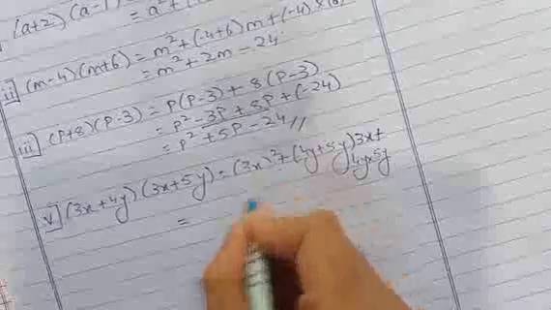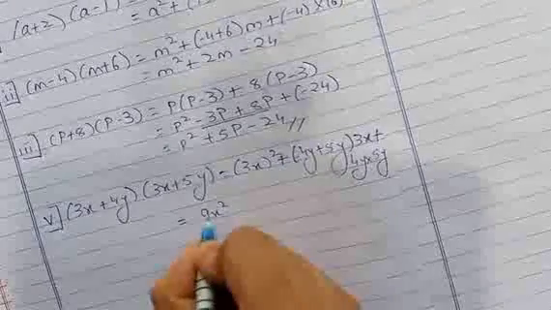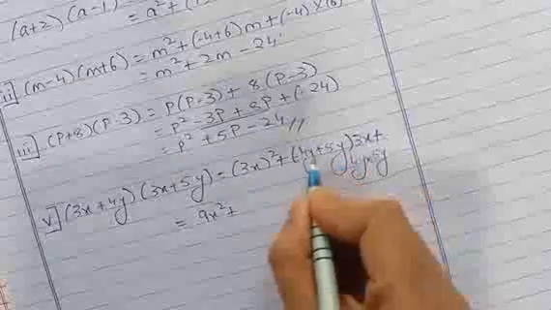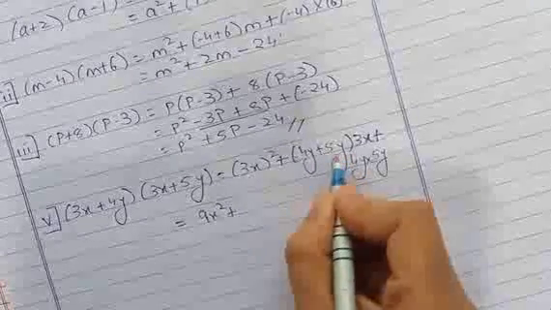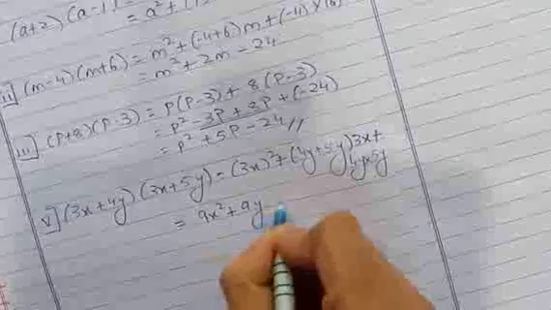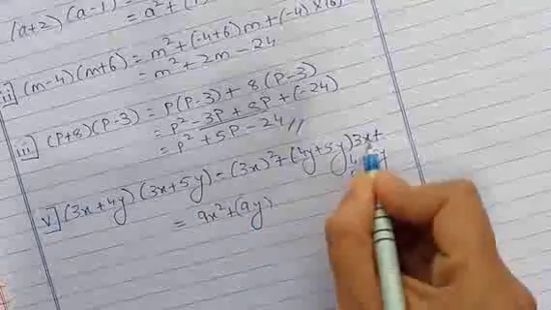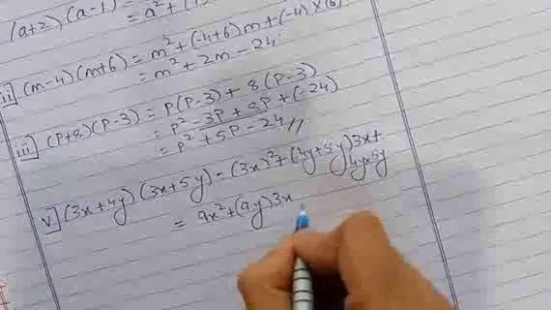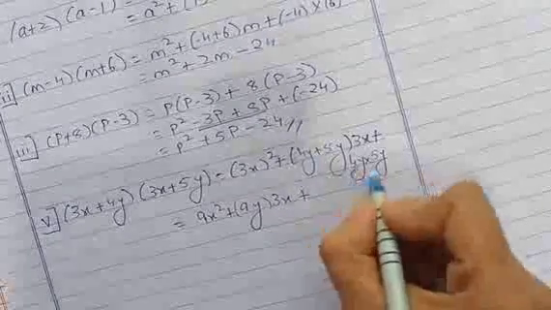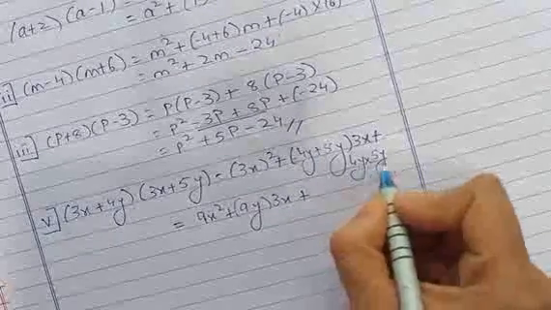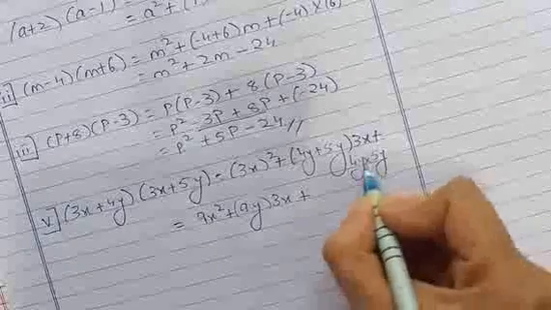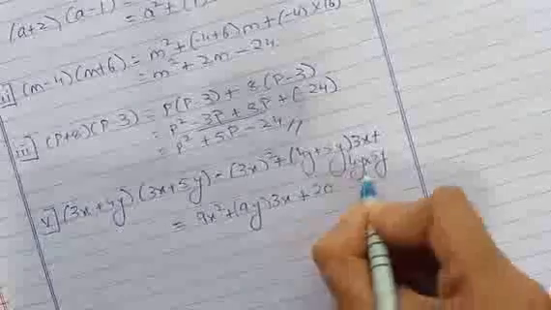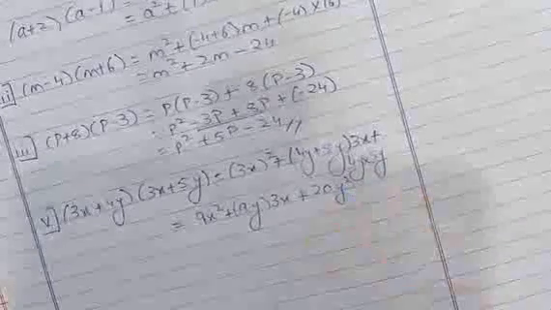3 square is 9 and x square will be like that only. So 9x square plus 4y plus 5y. 4y plus 5y will be what? 9y, in the bracket. Outside the bracket what is there? 3x is there, so keep it as it is. Plus 4y into 5y. So when we are multiplying, we have to multiply each term. So y will also multiply with y. So 4 5s will be 20 and y into y will be y square.